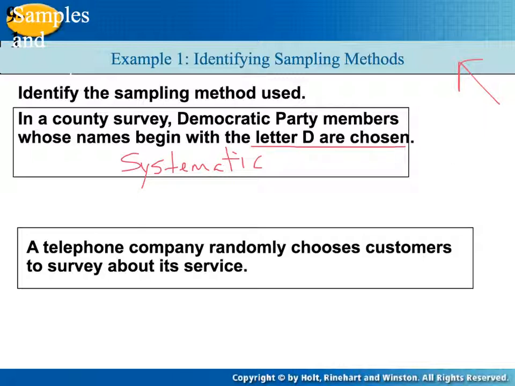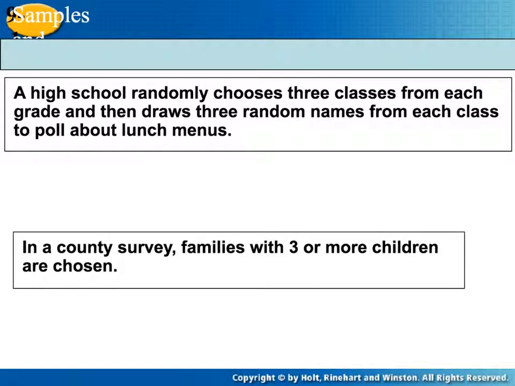Next one. A telephone company randomly chooses customers to survey about its service. Randomly, that gives you a little hint. What sampling method do you think corresponds with randomly chosen? Random. Yeah, absolutely. That is a random method right there. Random method is the best type of sampling method. Again, you do not have to write this down. You're going to have the next one to write down, but I want you to get into the habit of